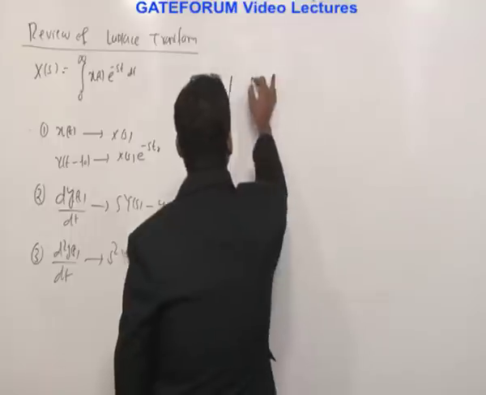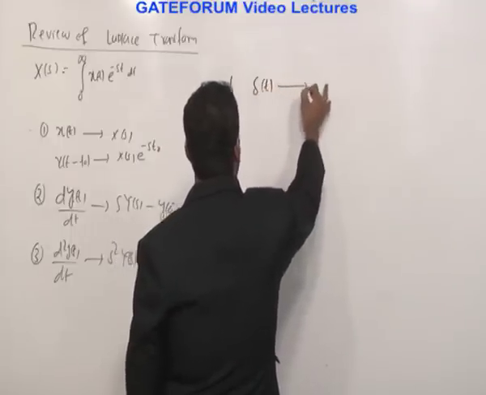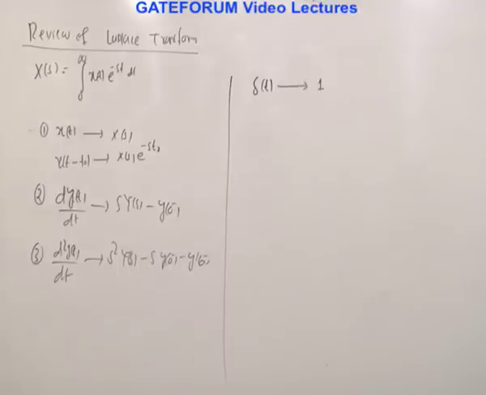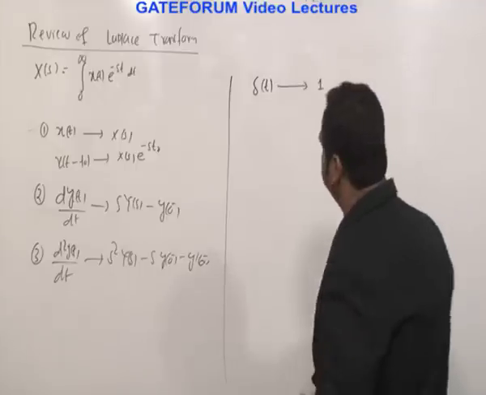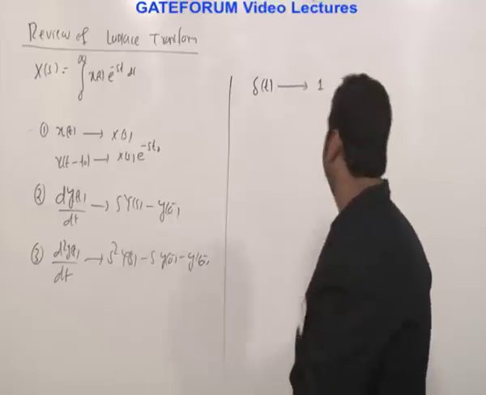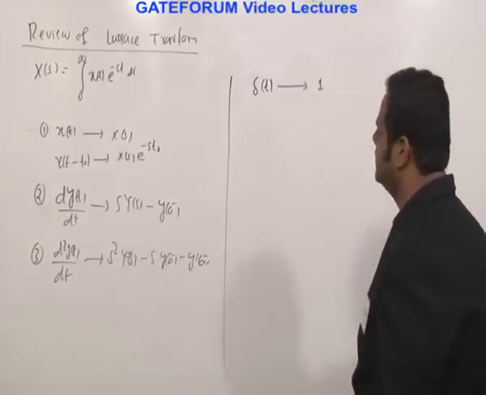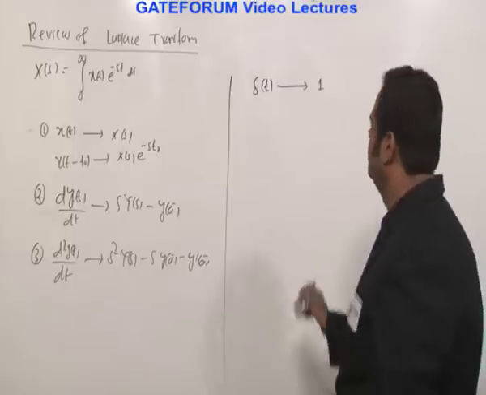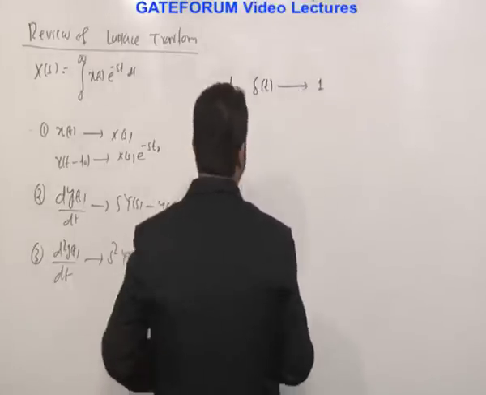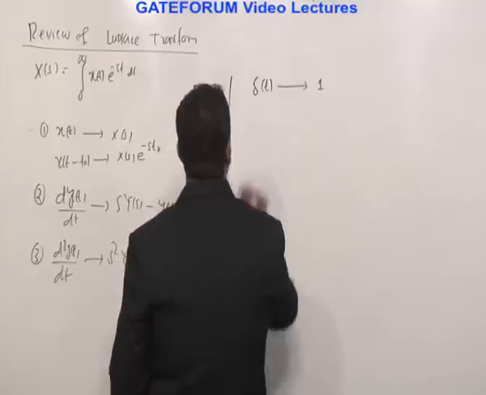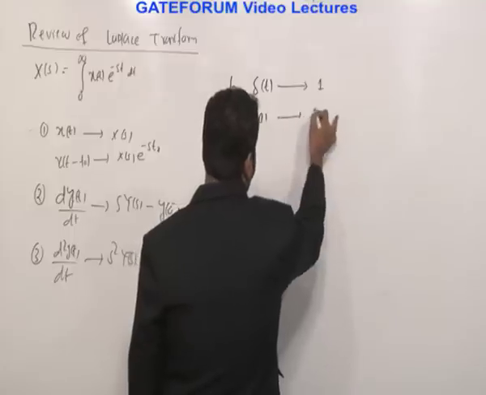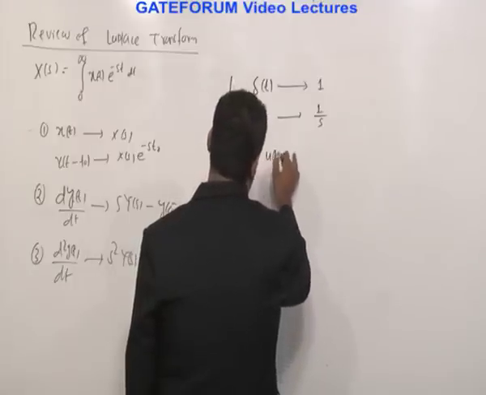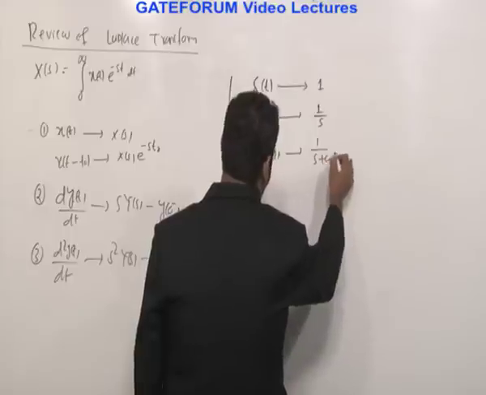And some of the standard things we need. The impulse signal is denoted by delta t. Its Laplace transform is 1. Any transform of impulse is 1, like the Fourier transform, the Laplace transform, the Z transform, the DTFT, whatever transforms are there in signals, all become 1. This is also a question in the IS. Signals I will tell you in the signal class. Another one is the step signal u of t, whose Laplace transform is 1 by s, which we need. Another thing we need: e power minus at is 1 by s plus a,